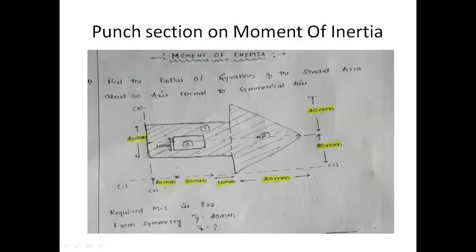So this is how we follow it. First, calculate till I22, and after that use the parallel axis theorem to find Iyy, and after Iyy calculate the K value. This is the standard procedure that we are following. This is the continuation of your centroid: with reference to the centroid only, we are calculating the moment of inertia.